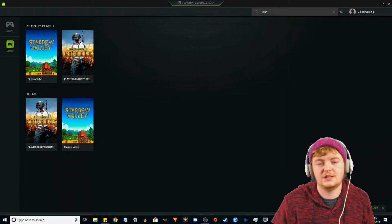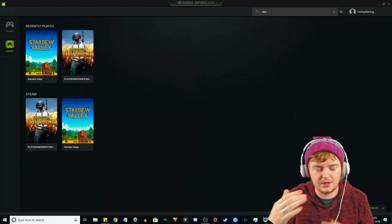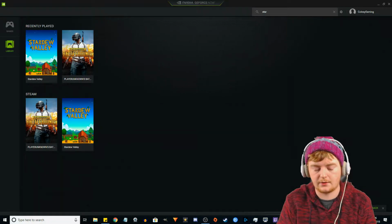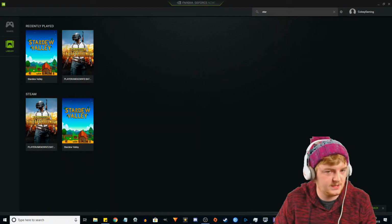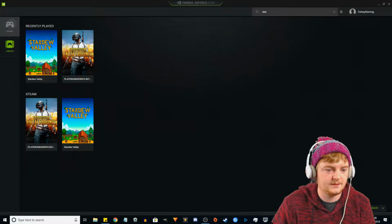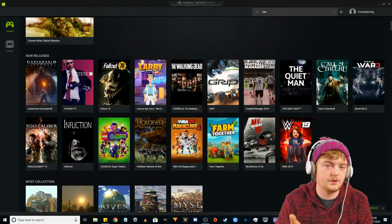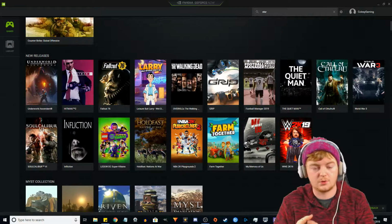So that was Nvidia Geforce Now. Like I said, it's in beta at the minute, but it is a way that you can play games if you don't have a PC with hardware that's good enough to play some of these games. Stardew Valley, fairly simple game, but something like PUBG or Fortnite or the new Hitman or any of these list of games like Fallout 76, if your PC can't run those things, then this service might be something great for you. It also does work on a Mac, so that's good if you're a Mac user,